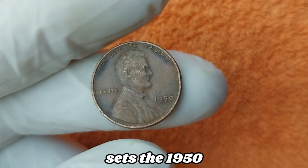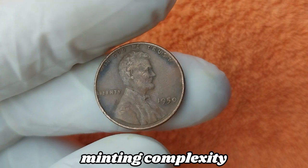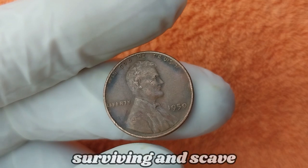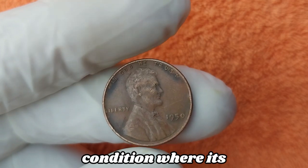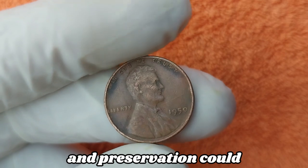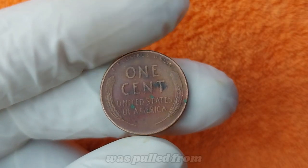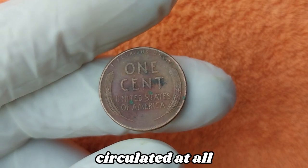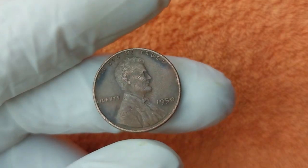And what really sets the 1950 wheat penny apart is the combination of historical timing, minting complexity, and the tiny chance of a multi-era specimen surviving unscathed for over 70 years, especially in pristine condition where its luster, strike, and preservation could rival freshly minted coins, and such quality can only occur if the coin was pulled from circulation early, possibly even never circulated at all, and carefully preserved in a private collection or hidden away in an attic,